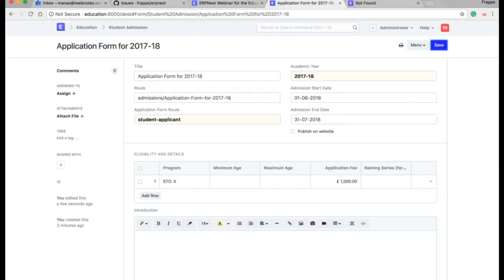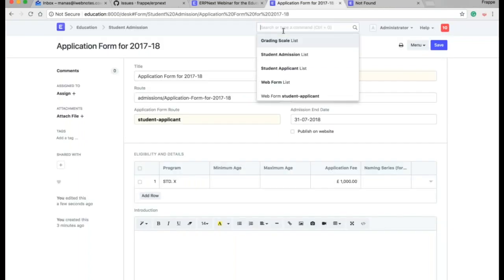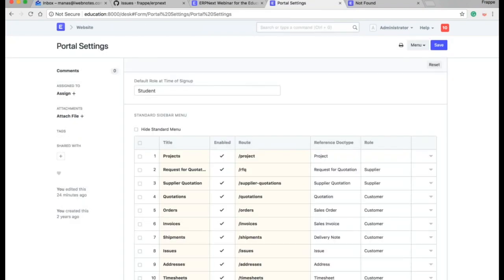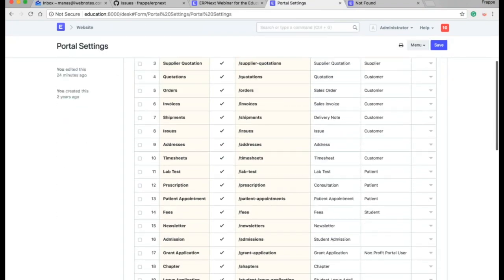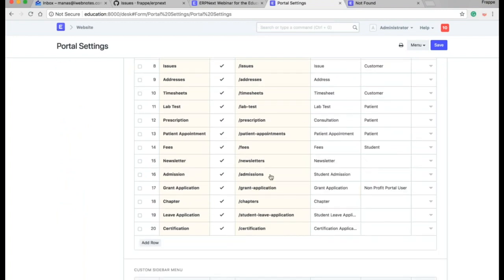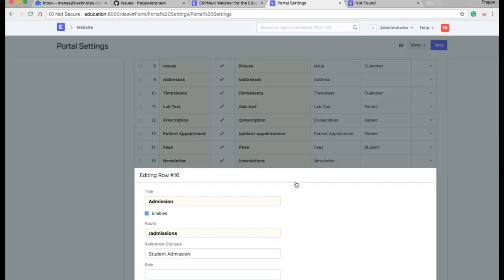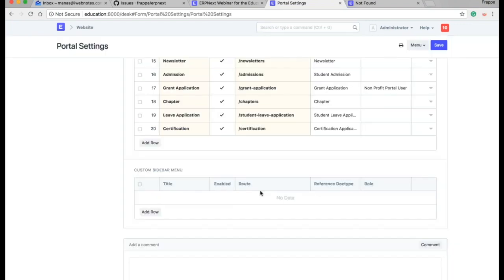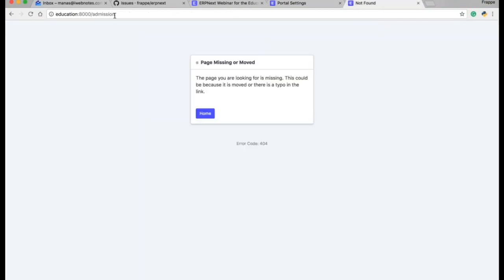After creating this student admission, we also have to check our portal setting. The portal setting is basically for what exactly you want to show to the students on your portal. Admissions are already there, so this is slash admissions. Okay, so if we click on this,